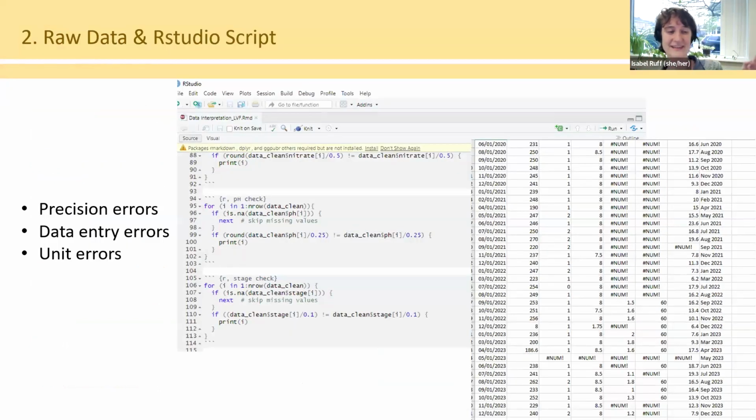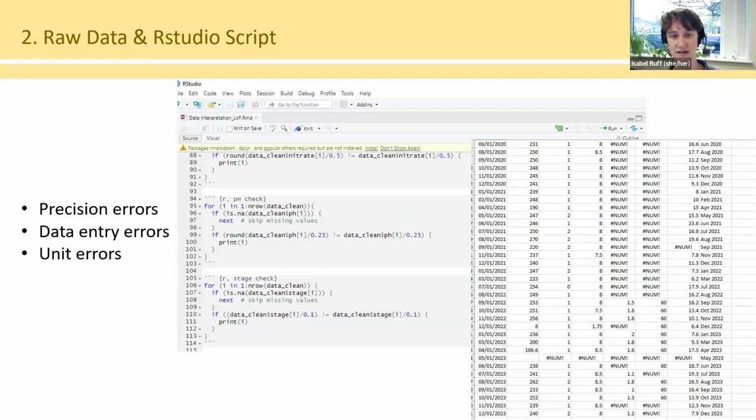So getting data ready for graphs and cleaning, during this step with the raw data, we utilize an R code. And I have a huge shout out to the watershed coordinators who developed this over the past couple of years. So Nudrang, Prerna Patil, and Michelle Cow put in a tremendous amount of work and did a fantastic job streamlining and standardizing both the data cleaning process, which is when we check for precision errors, data entry errors, unit errors. We're all human, so this code helps us catch any mistakes we might make, as well as prep it for the next step in the process.